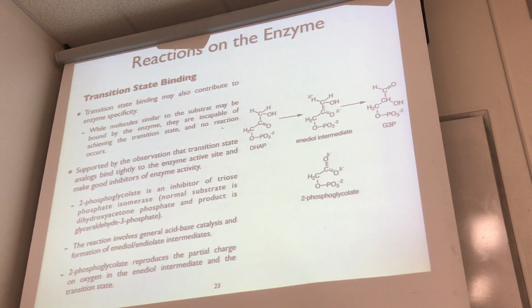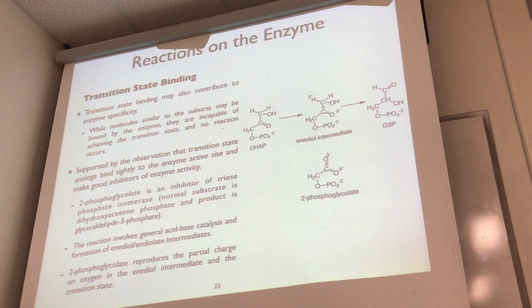So transition state binding may also contribute to enzyme specificity. While molecules similar to the substrate may be bound by the enzyme, they're incapable of achieving the transition state, and therefore no reaction can occur. This is supported by examples where transition state homologs or mimics are used as competitive inhibitors of the enzyme, because they bind tightly to the enzyme, more tightly than, say, the substrate. However, they're incapable of going forward to form product. One example is this